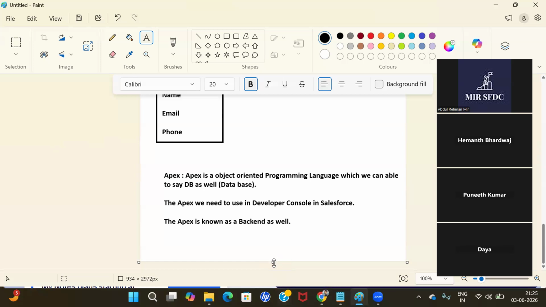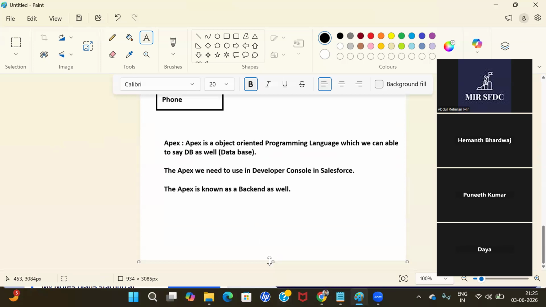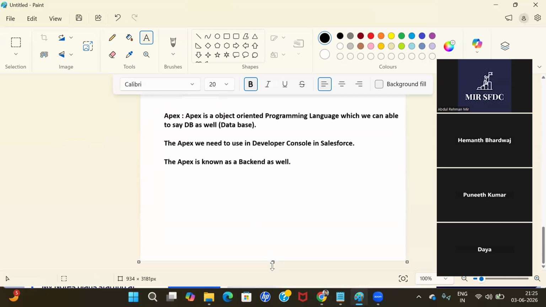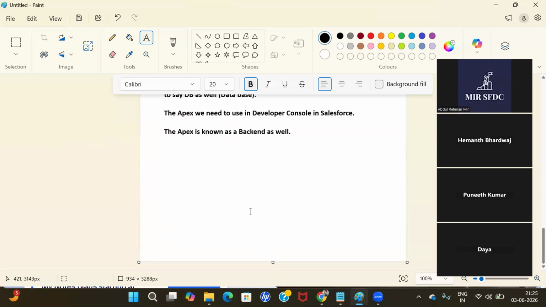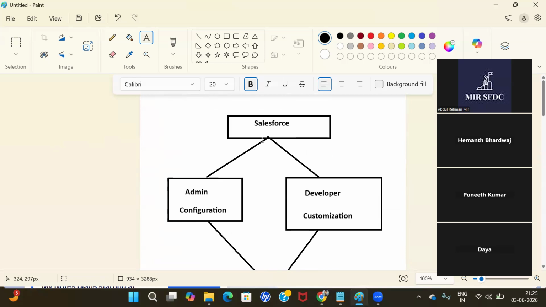Now in Apex, what is the first main thing? And one more thing here: Salesforce has given admin and developer. Why did Salesforce not give only admin? Why the developer? As per the scenario and the requirement, we can choose whether to go with admin or with developer. How can we get to know? If you practice daily, you can understand it very easily. If it is a simple task,